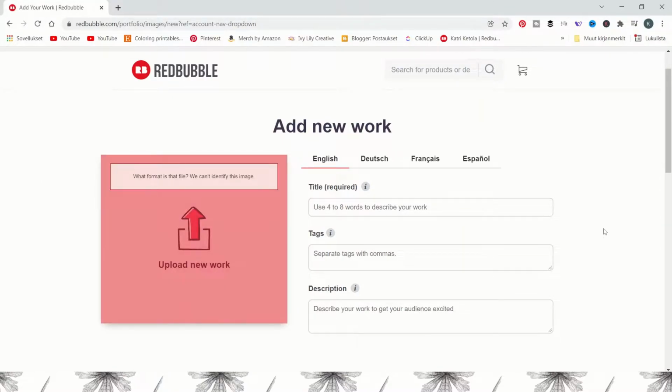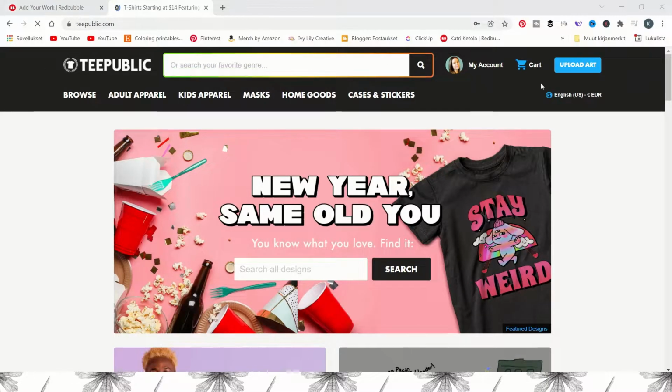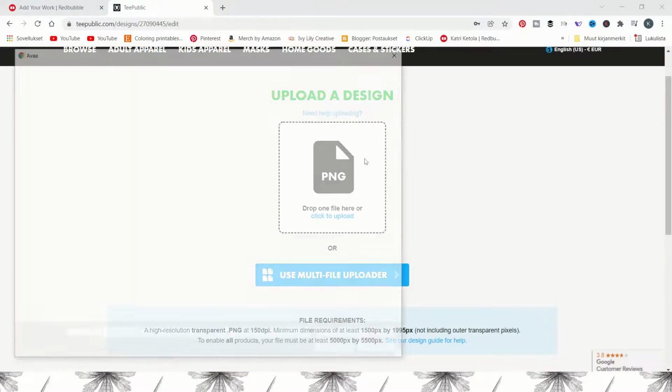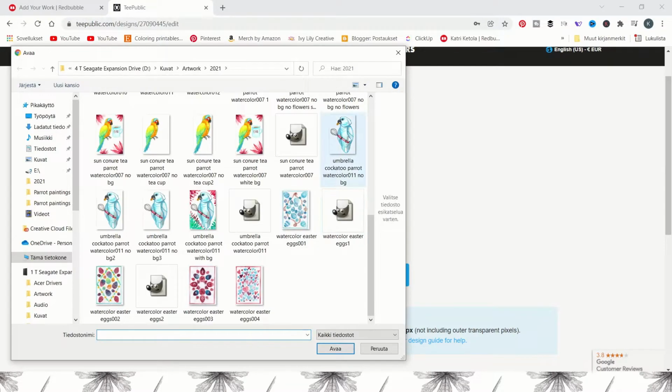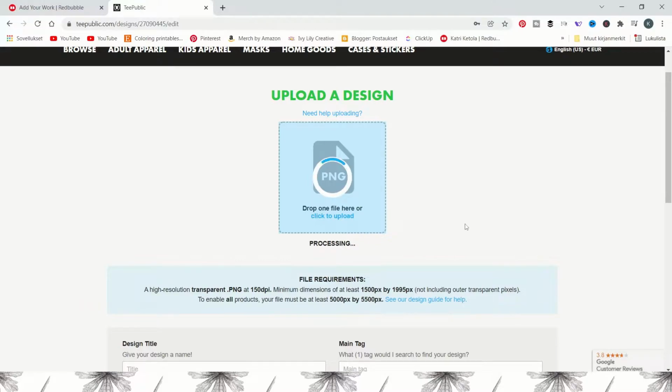And this is what we get. The red error message saying, "What format is this file? We can't identify this image." I used to get this every once in a while, but now it happens to me almost every time. I'll show you how to fix it or do a workaround in a second, but if you have this or